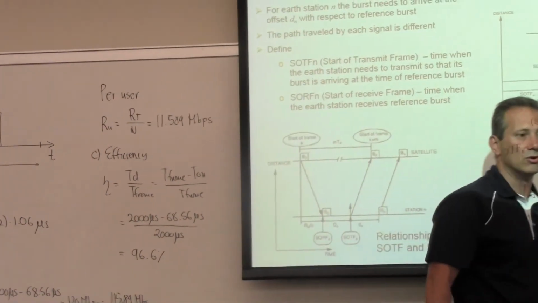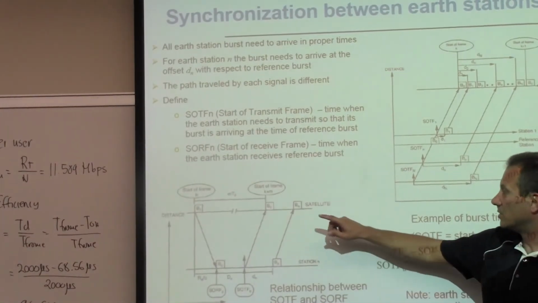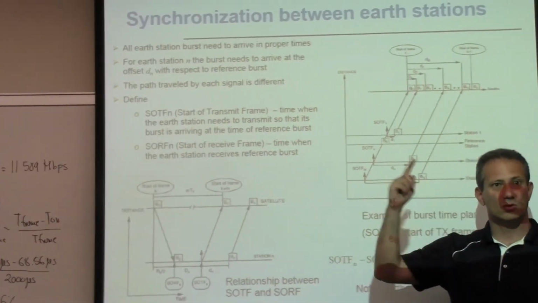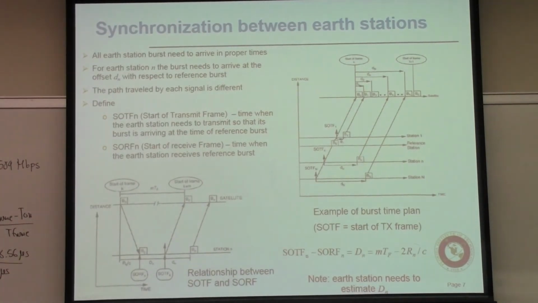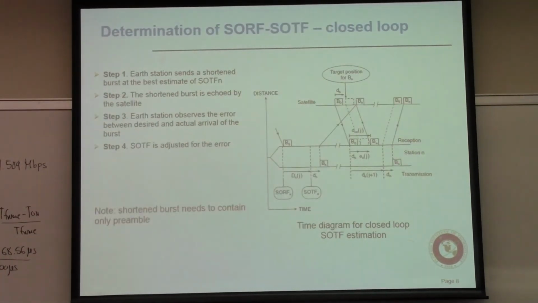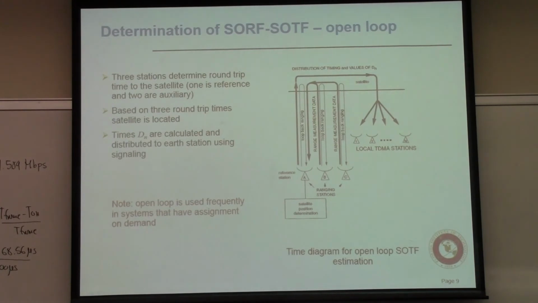It's called closed loop. Why is it called closed loop? Because you're having this feedback that goes back and forth. You're actually adjusting your transmission based on an echo from the satellites. Now there is a different paradigm. This one is an open loop transmission, and this one is appropriate in a slightly different